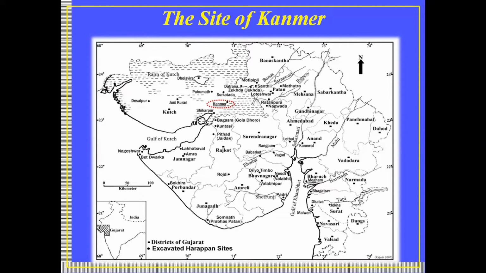Okay, so this slide shows the location of Kanmer in Kutch, and there are very important sites around Kanmer. Like I think in the earlier presentation, Dr. Hasmukh might have already explained. Surkotada is very close, to the north northeast. Then Sikarpur to the south southwest, and many Harappan sites are located in eastern Kutch, Pabumar, Dholavira, others. And important sites have also been discovered and excavated in western Kutch, like Junikuran, etc. Desalpar is already known. Pabumar is also in the eastern part, and